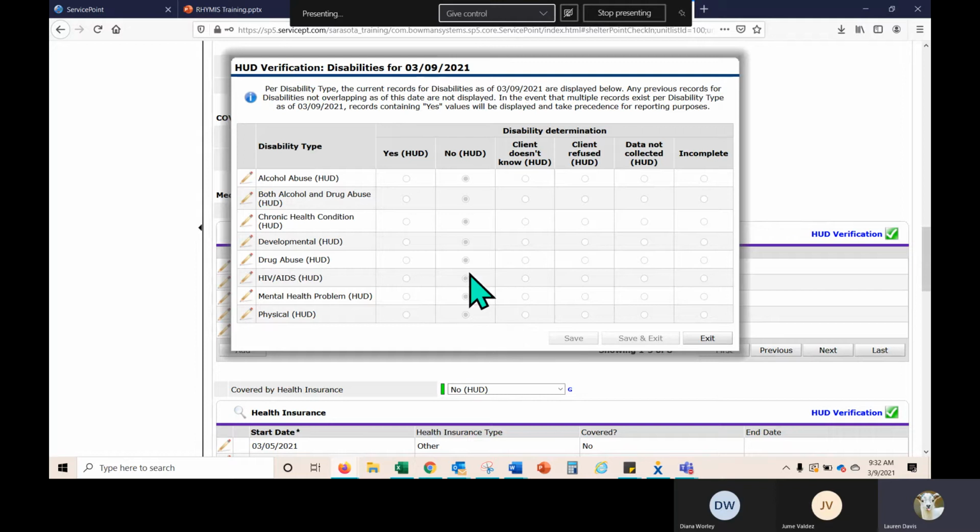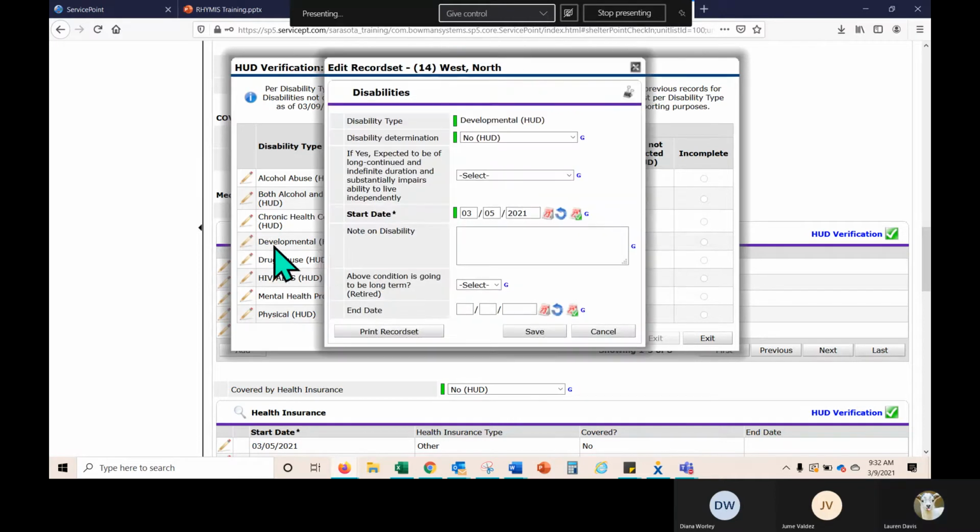So we see here that she had previously identified to another provider that she does not. We want to make sure that we are ending this record set identifying that she does not have a developmental disorder. To end this record set, we're going to click on our pencil. We don't want to just change our no to a yes, because that would be like scribbling over somebody else's work.